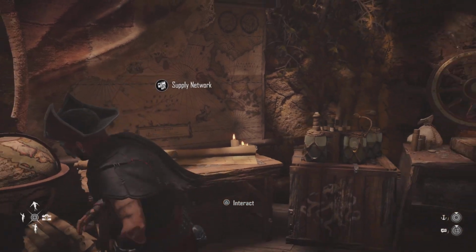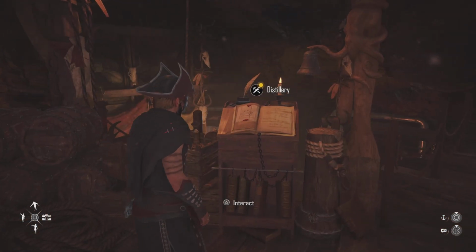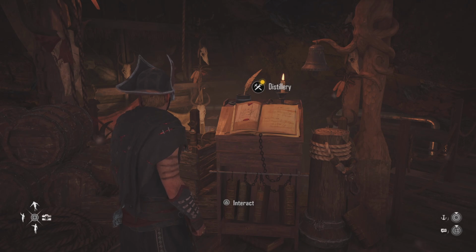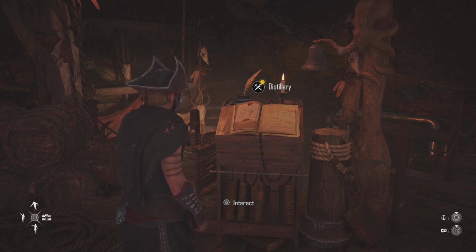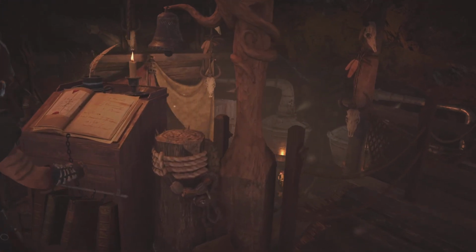You've done all your attacks, you've done all your liaisons. So next we're going to go to the distillery. The distillery is where you're going to craft your White Skull rum and White Skull gin from, what do you craft them from? Sugarcane and juniper berries. So if we hit the button here,